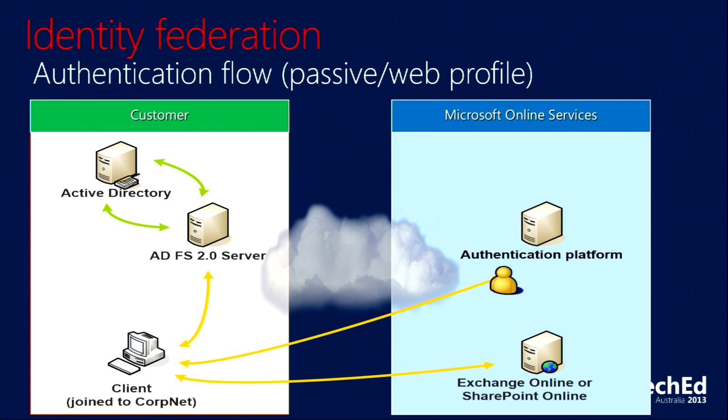The authentication platform's going to say, sorry, I can't let you sign in. You're going to need a login token signed by your on-premises environment, in this case, ADFS. So we're going to head back inside our own environment and go talk to our ADFS server to request a login token. Once we get this token, we're going to come back and issue that back to the authentication platform. Now this gets a little bit complicated, but now we're going to get a different token, an authentication token, which we can take back to our client and then issue to our website, and we're authenticated. Right? It is fairly straightforward. Happy to go through it again if anyone's interested.